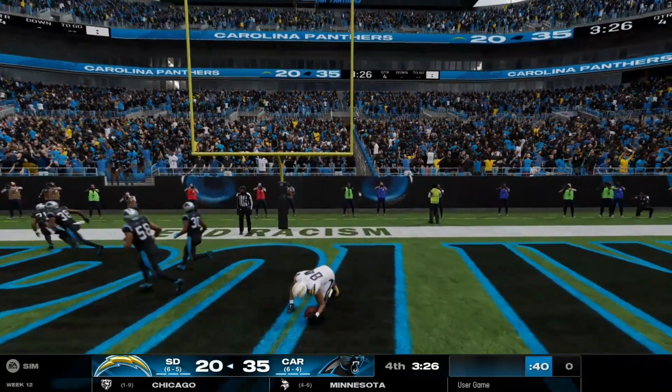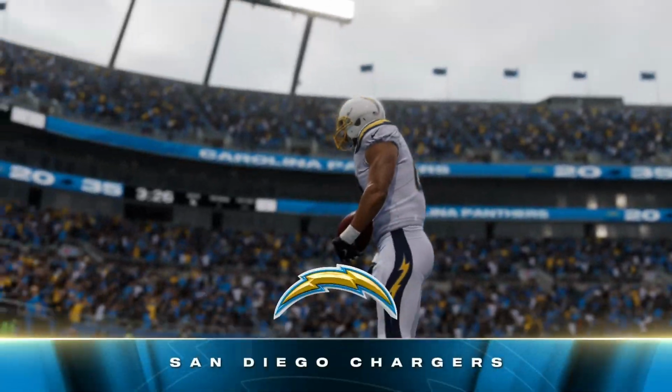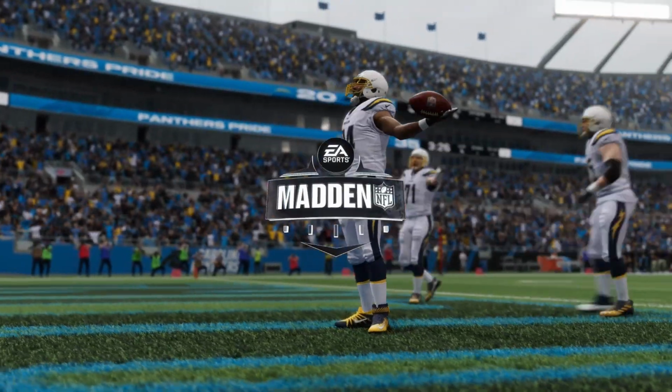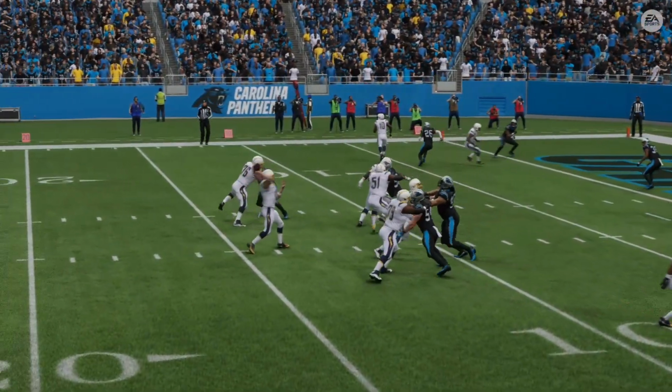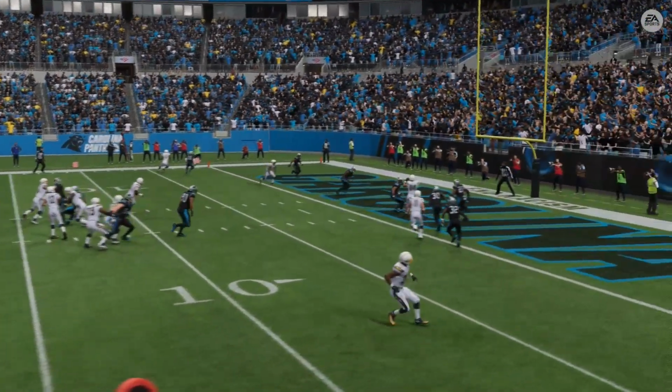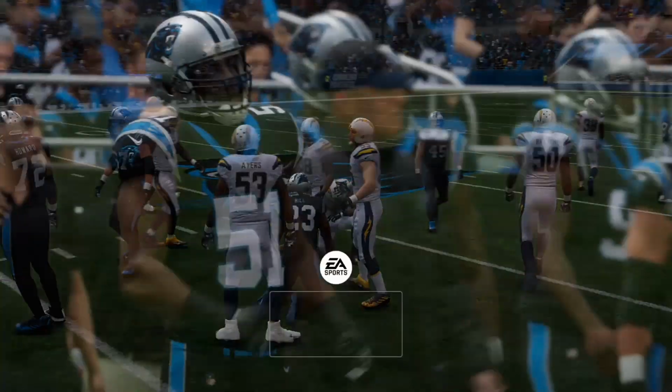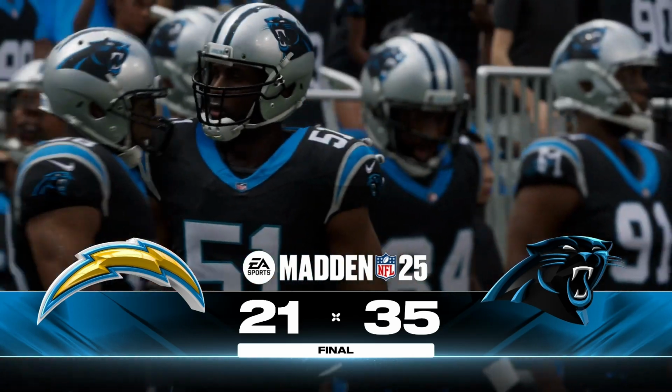And then we got Reed getting the touchdown there. That's his first touchdown of the game. He got about 28 yards this game. Not too impressive. 3 catches, though. Aaron Rodgers finding a way to claw back in this game. But, yep, it's a pretty clear victory for the Panthers,